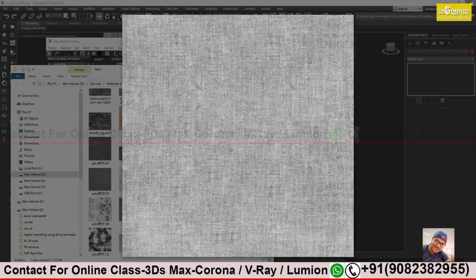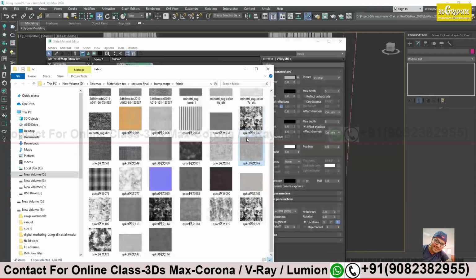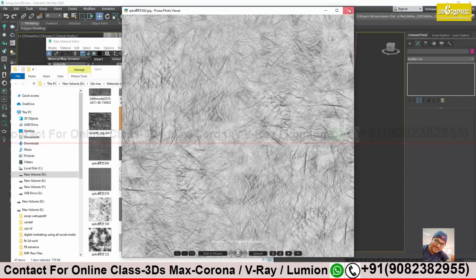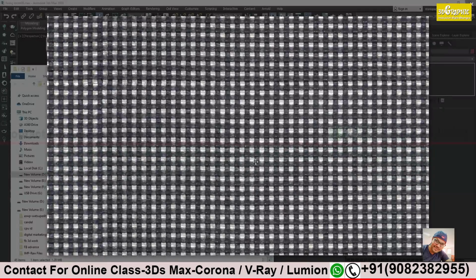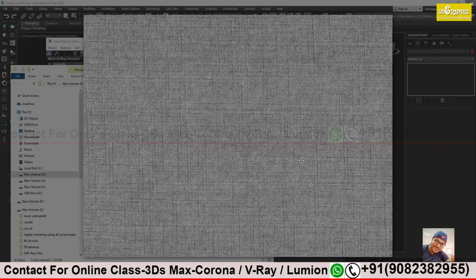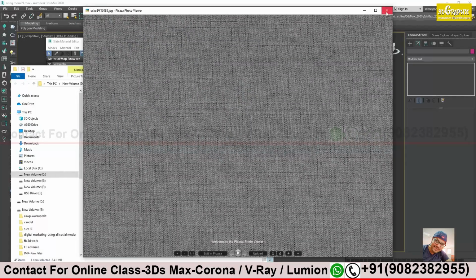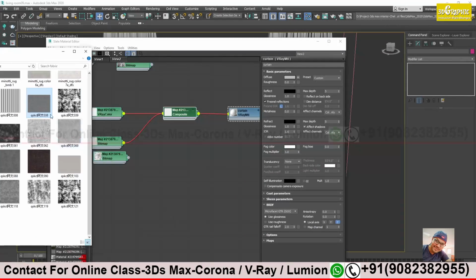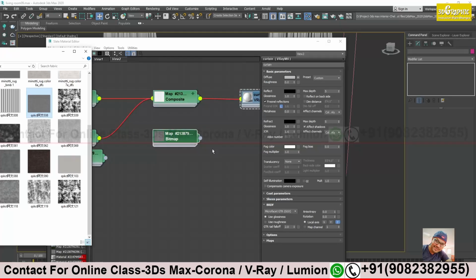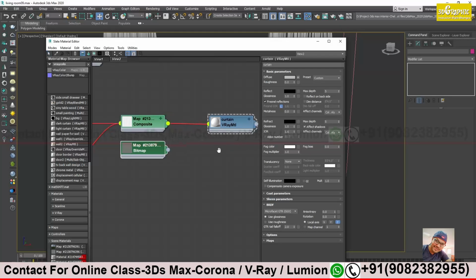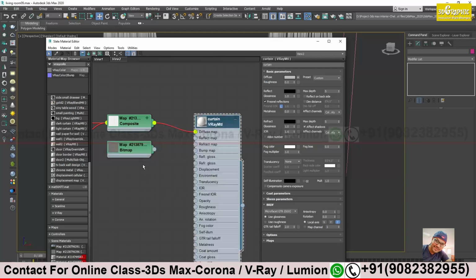This can be used. I'm going to use this one, black and light color for opacity. If this doesn't work, then I will change it. This one will be opacity, so black and gray color will help me to control the opacity of the